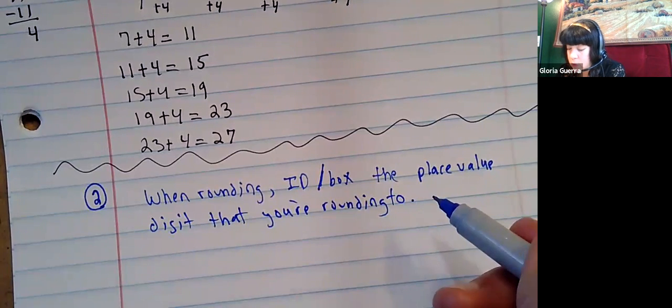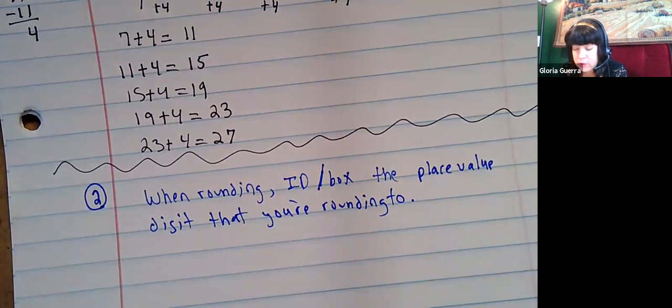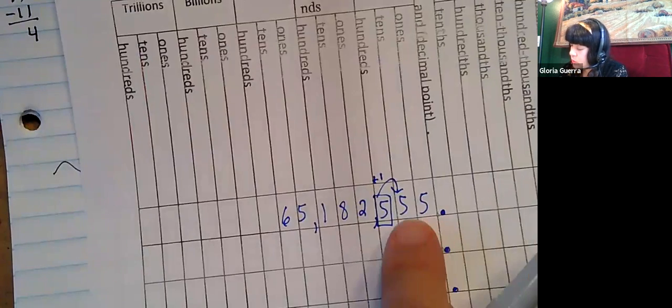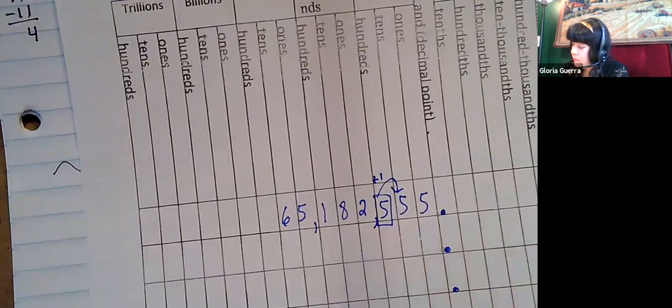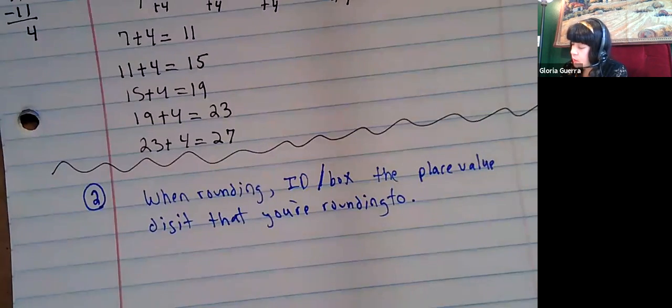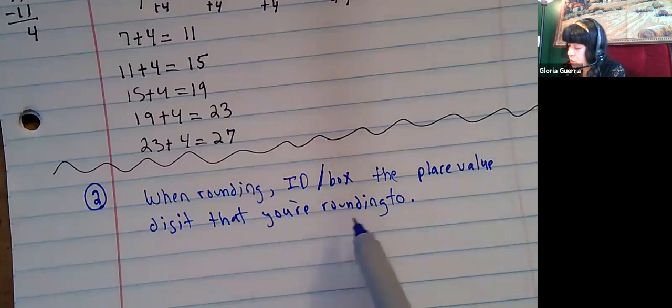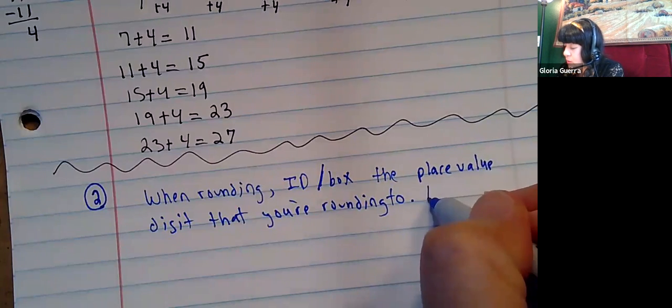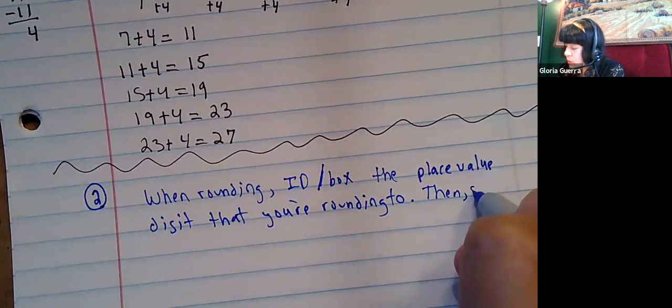Like a while ago, I was rounding to the nearest hundreds: ones, tens, hundreds. So I boxed the 5. When rounding, you box the place value digit that you're rounding to, and then you study